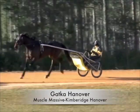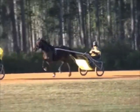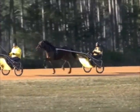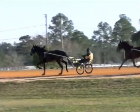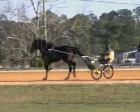And so far, there's nothing here that I'm ready to scrap. Okay. All right, moving on here. We've got Gatka Hanover, a Muscle Massive filly, $48,000 out of Harrisburg. This filly has been very impressive. The last several times she's trained, she's really looked like she's got her head together and looks like she might